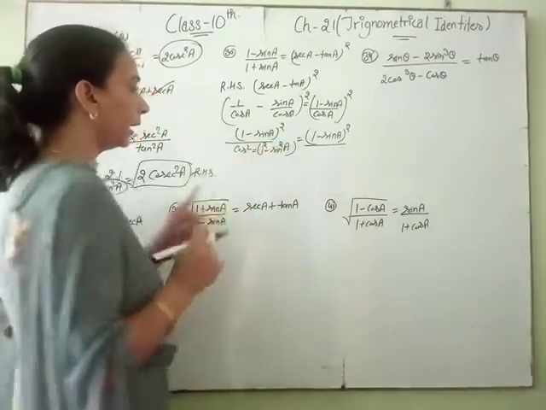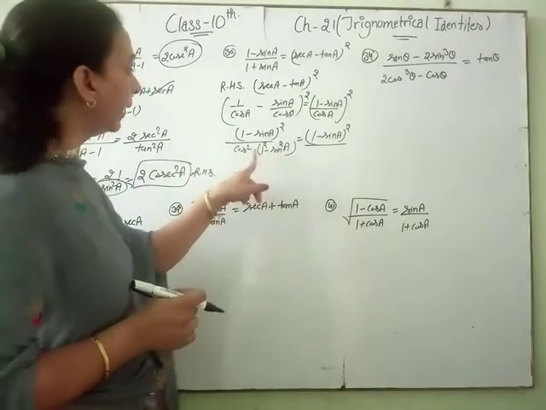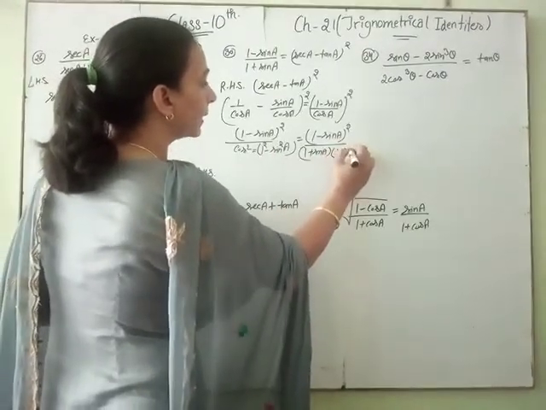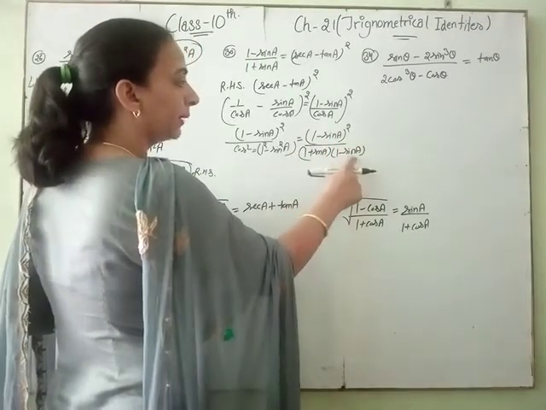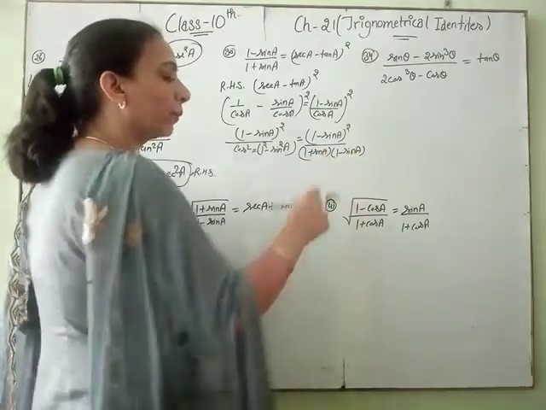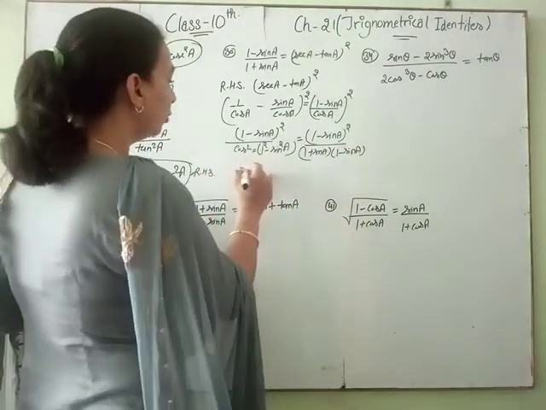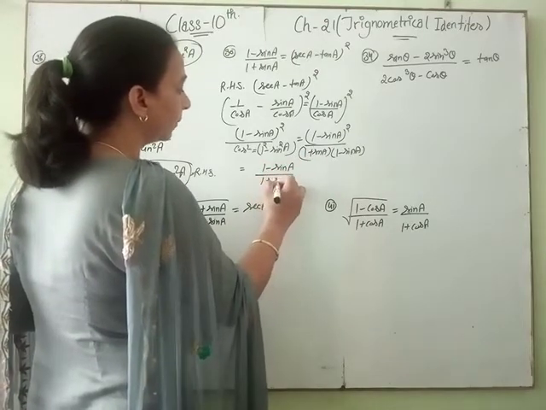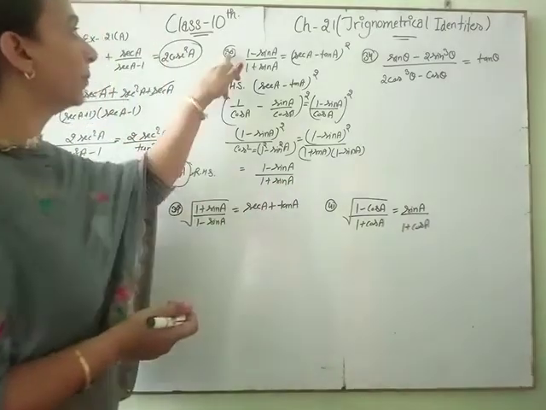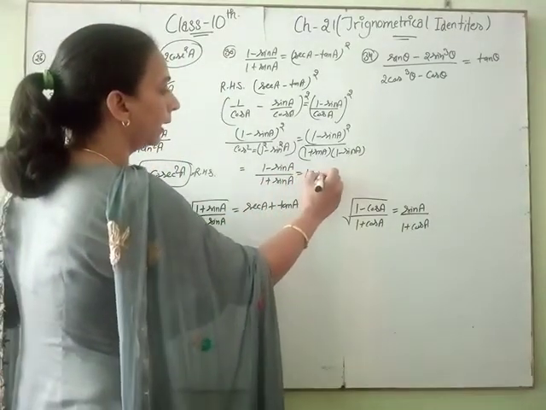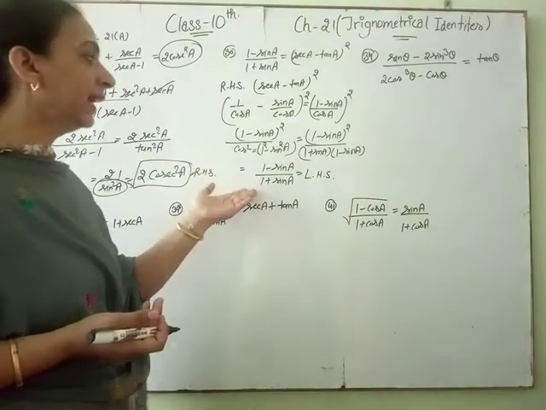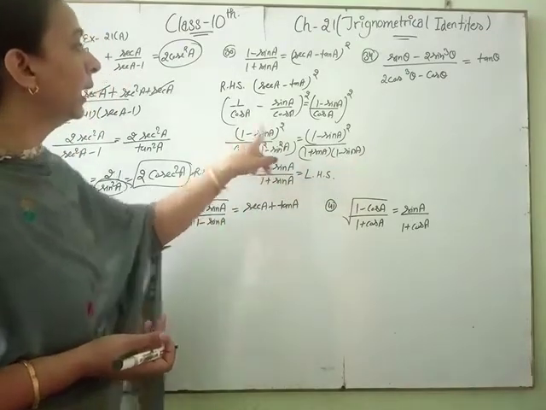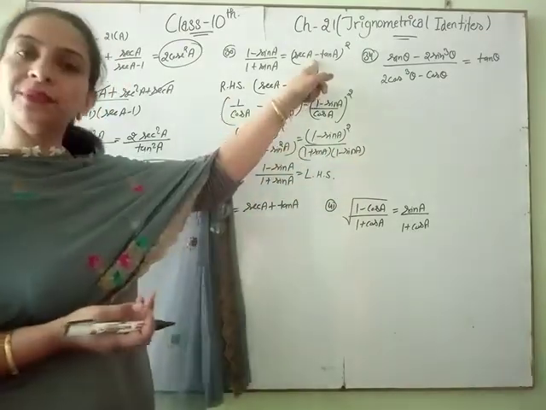In the denominator we write 1 square. A square minus B square, A plus B, A minus B. Then 1 plus sine A and 1 minus sine. Okay, 1 minus sine, 1 minus sine. There is 2 power, there is 1 power. According to quotient law, 1 power is cancelled. Then in numerator only 1 left, 1 minus sine A, and in denominator only 1 left, 1 plus sine. Okay, and this equals the left hand side. If you take left hand side, then you multiply numerator and denominator by 1 minus sine A, and according to this, it equals the right hand side.